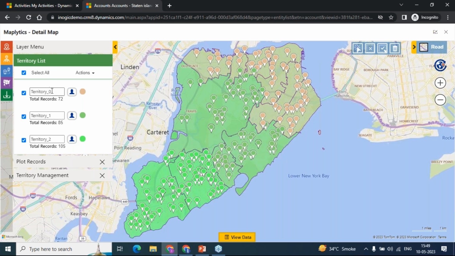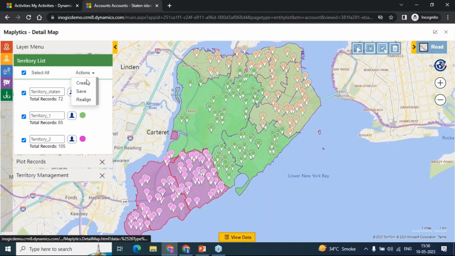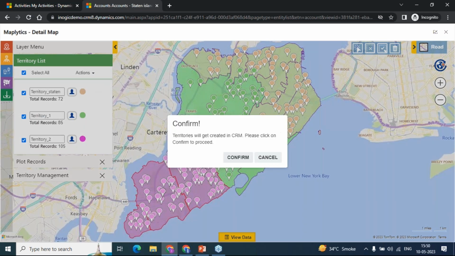So here you can see the 3 territories have been listed over here. You can change the name of the territories. You can choose a territory manager right from here. You can even choose the color of the territories right from the map itself. Now here, if you're okay with these territories, you can just click on create over here. So this will ask you to create these territories into the CRM. Along with that, it will also give you another window asking whether you want to assign these territories to the